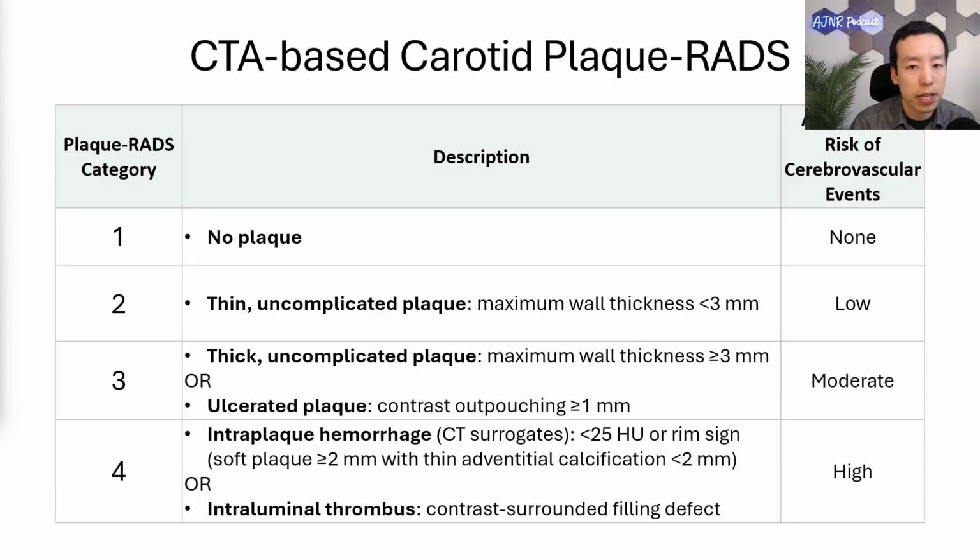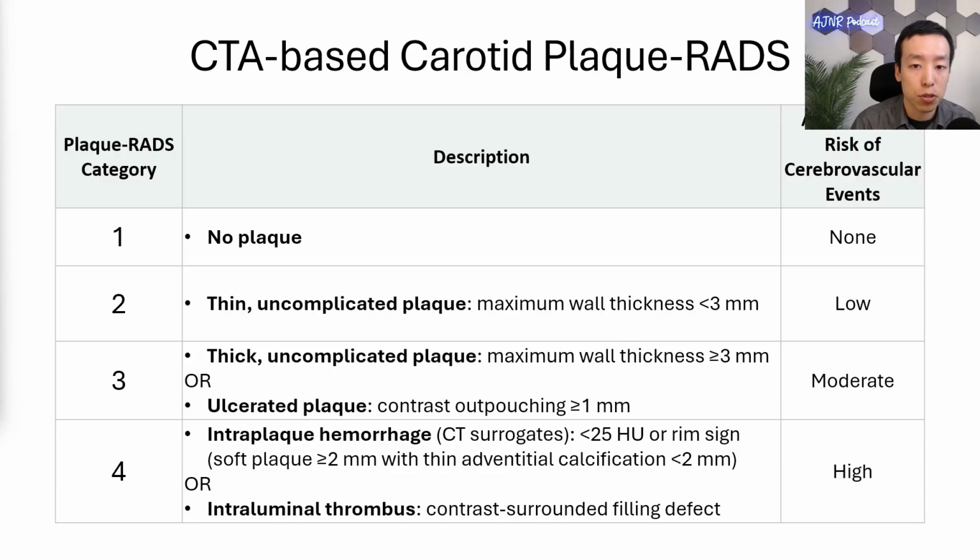Now, it turns out that intraplaque hemorrhage is not totally reliably assessed on CTA, as it has a lot of imaging overlap with lipid-rich necrotic core that's without hemorrhage. But some CT-based surrogates have been defined. And these are either a very low attenuation, less than 25 Hounsfield units, if you draw a region of interest